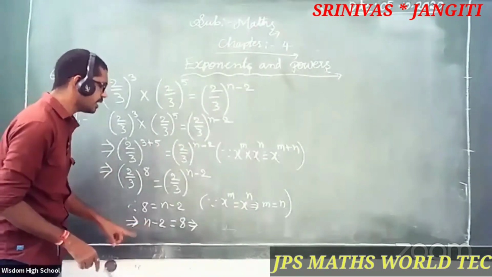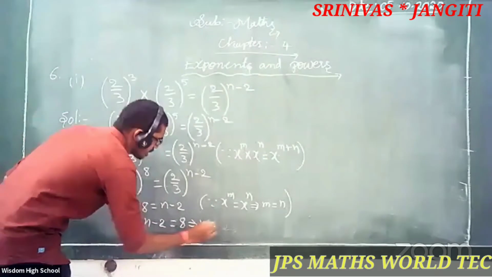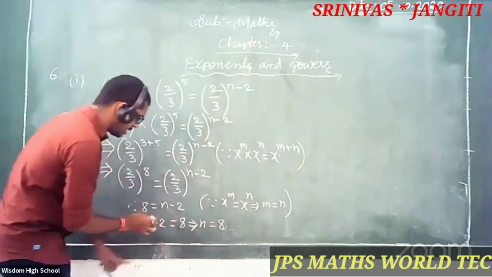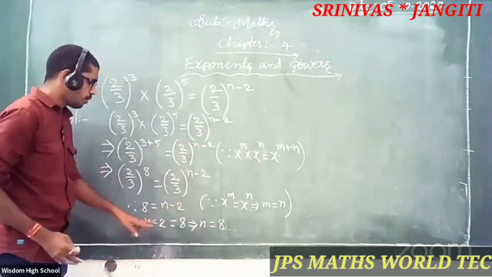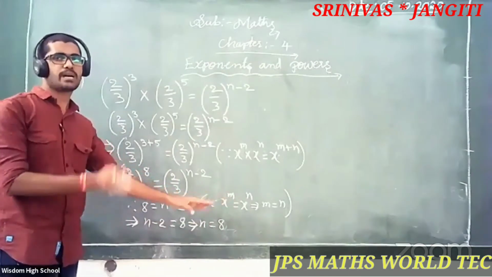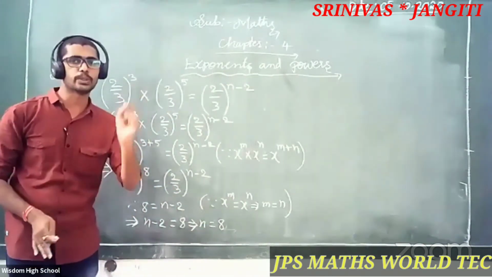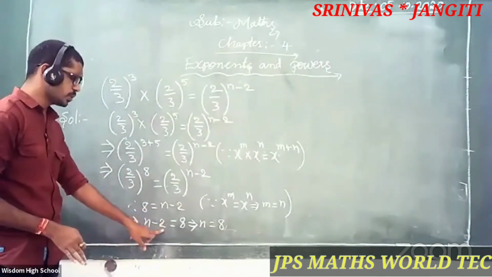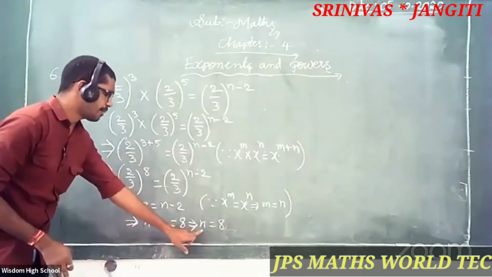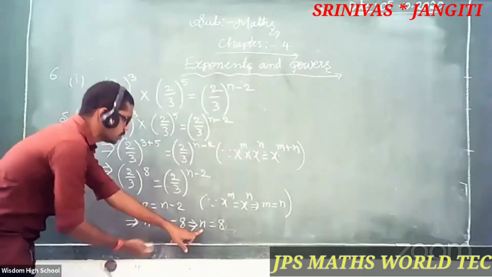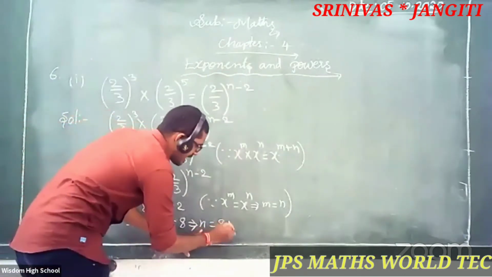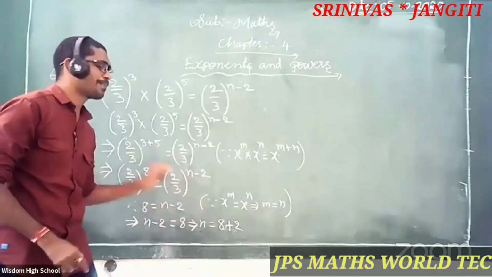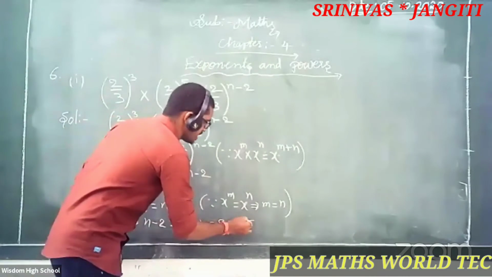Then you observe here n. That implies n is equal to, the right side of the equals sign is 8, and here minus 2. Then transfer to that side. Once you transfer, plus becomes minus, minus becomes plus, into becomes divided by, divided by becomes into. So here n minus 2 is equal to 8, right? Then that implies n is equal to 8, and minus 2 sent to the right side becomes plus 2. Yes, very good, students. Good. Then n is equal to 8 plus 2. That implies what is here?